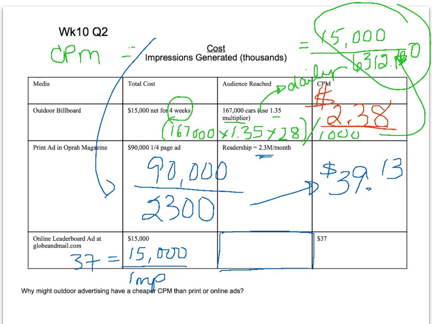So we take 15,000 and divide by 37 to solve for impressions of 405.4054. Multiply that by 1,000, because again that's expressed in thousands, and you get